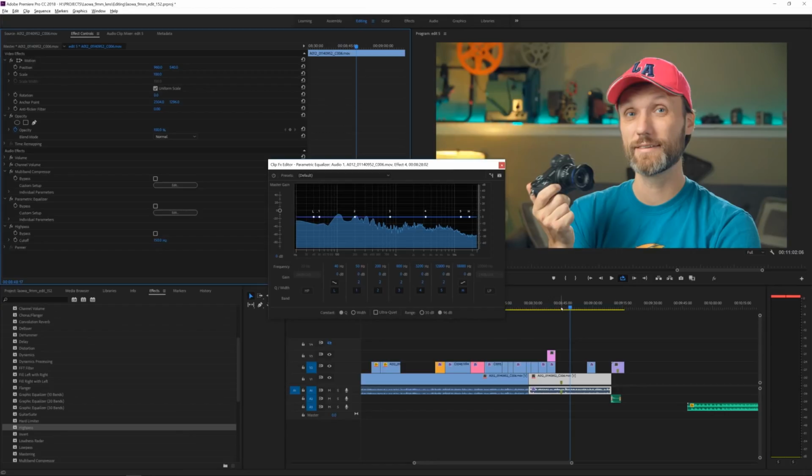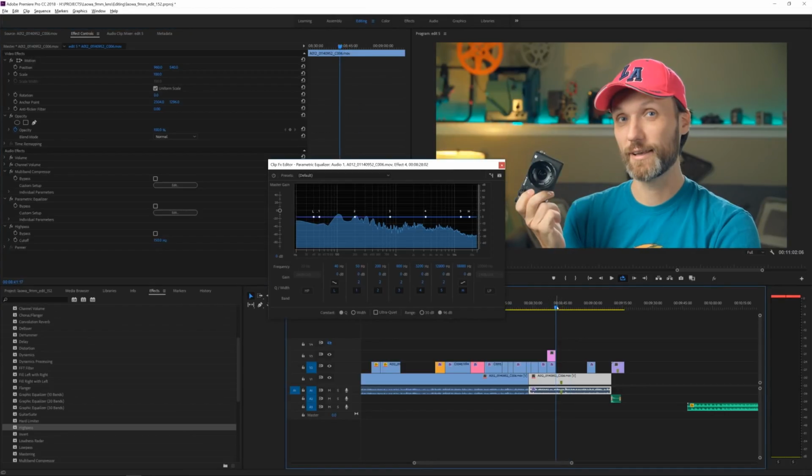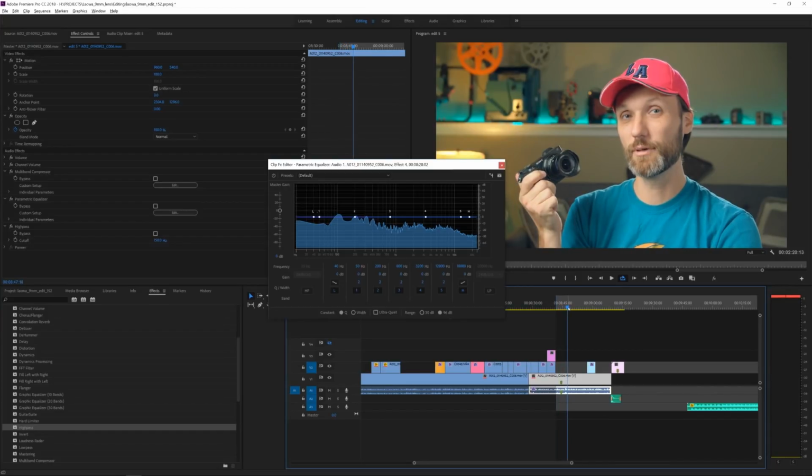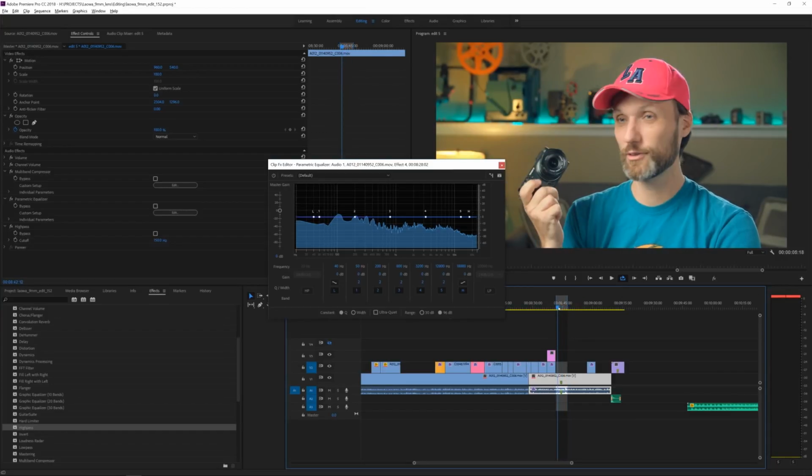So definitely it sounds better when it comes to the footsteps upstairs. Now I'm going to set an in and out point so I can loop this section. I'm going to play it one time with the high-pass filter applied, just so you can hear it, and then after that I'm going to turn it off, and you can hear the difference when the effect is turned off.